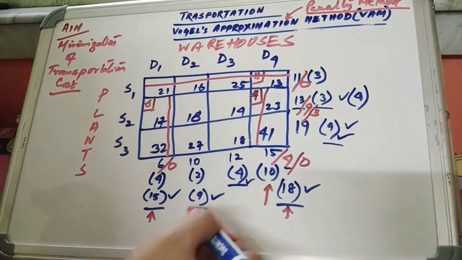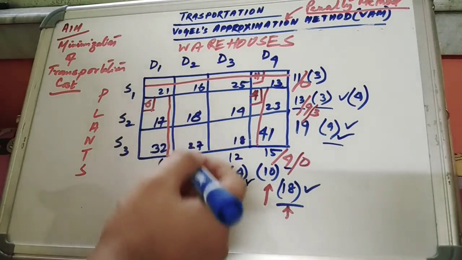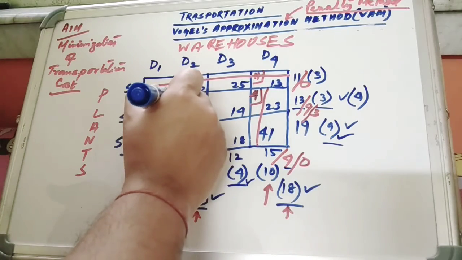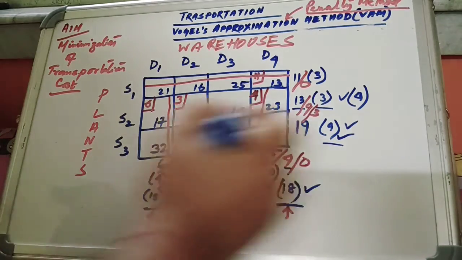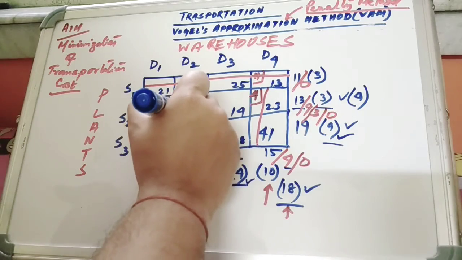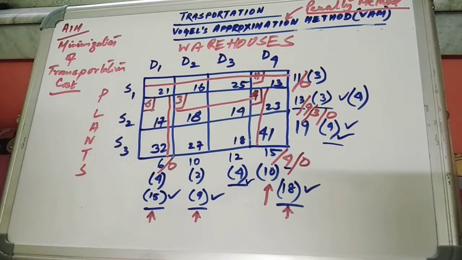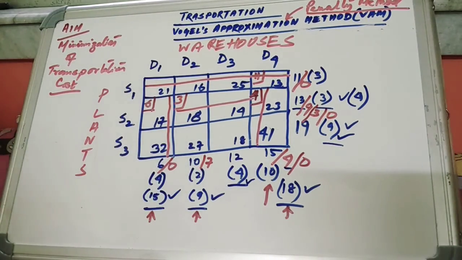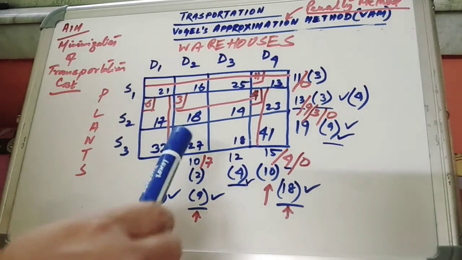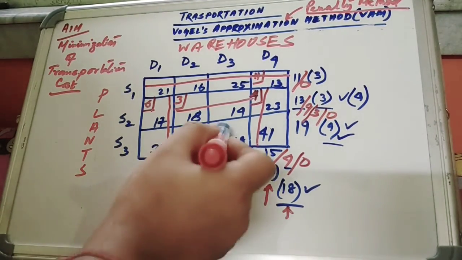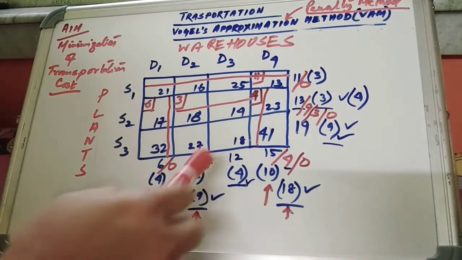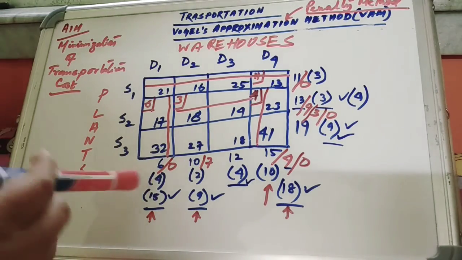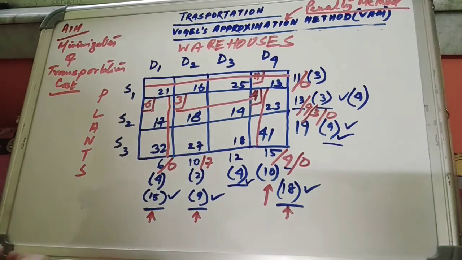Okay, no problem. So after selecting this column, we have to select the least one, which is 18, and this is 3 and this is 10. So we have to select the least one, that is 10, and this becomes 0. So we can strike this off. Now here remains 7. Okay. Next, look, now only 2 cells are left. For these 2 cells, the penalty values will be 18 and 27 only, because they are only left. So the highest one is 27.